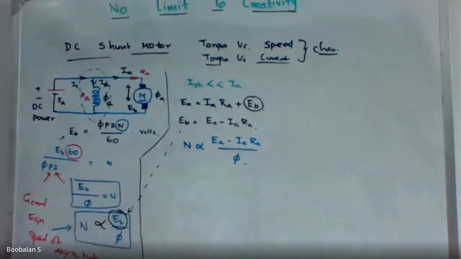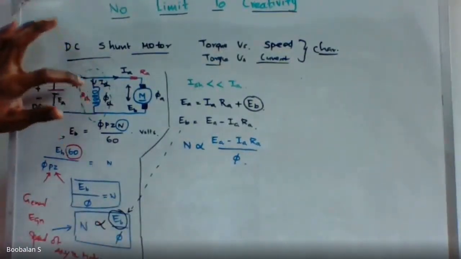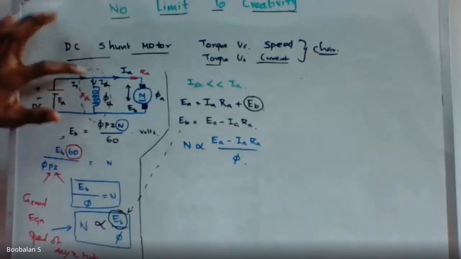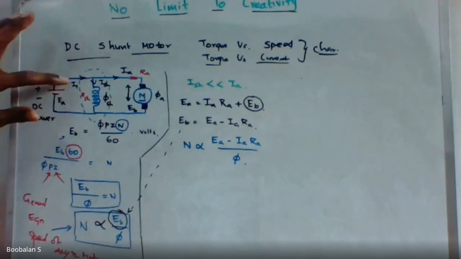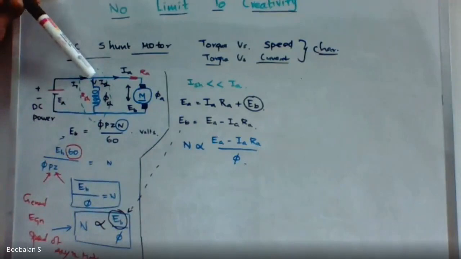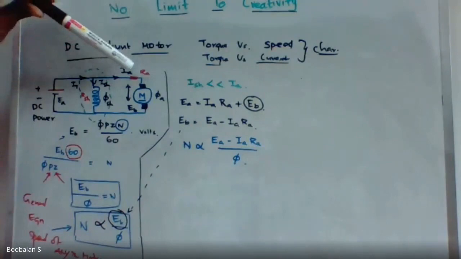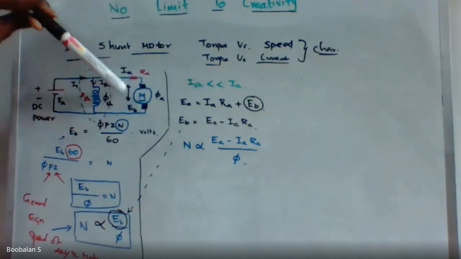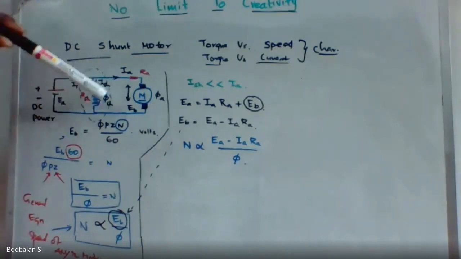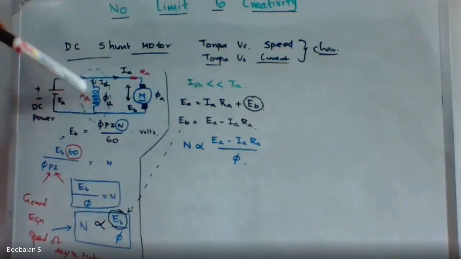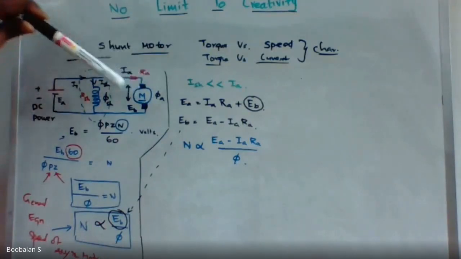Now see, the current flowing in this conductor, the stator coil, is constant. The total current IT from the voltage source enters this area and is split into two, ISH and IA. The current flowing through the armature conductor does not affect the current flowing through this one, because it has its own resistance, RSH. So a constant current flows into this network irrespective of the current flowing in the other network, right?